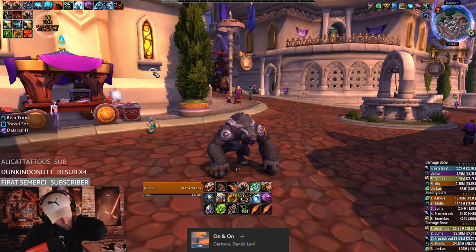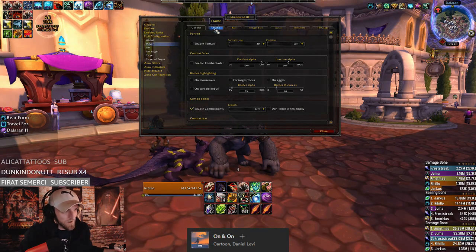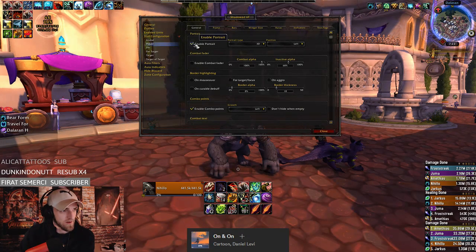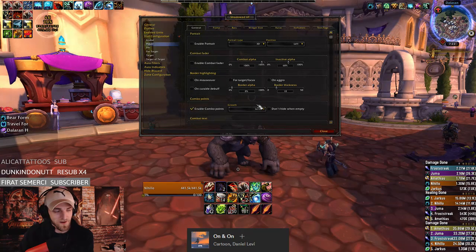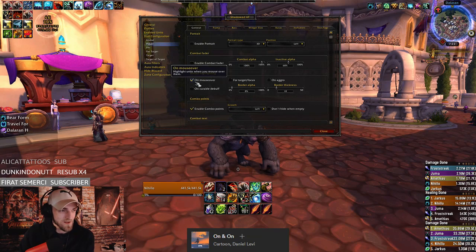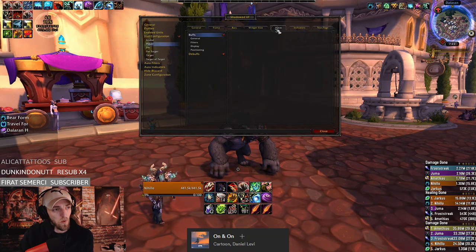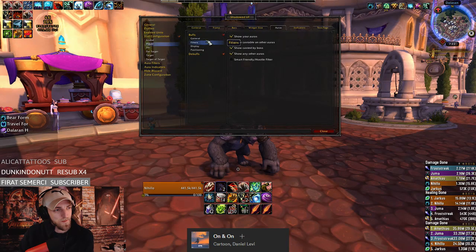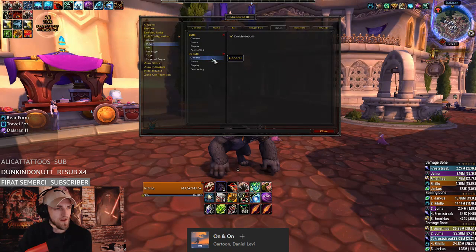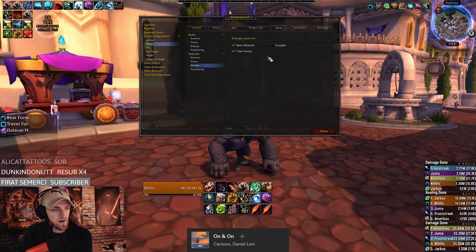WeakAuras up here, which we'll go over in a minute. But alright, so SUF, player, enable portrait. You can do things like that. All these extra things are completely up to you. Portrait, highlight on mouse over. There's a lot in here. Frames, height, width, scale, all that. Auras is where you'll find the buffs. I have it disabled right now because I don't want to see it, but the settings are the same between the debuffs and that. For debuffs, the filters on that, you can just choose what you want shown or not. The display,